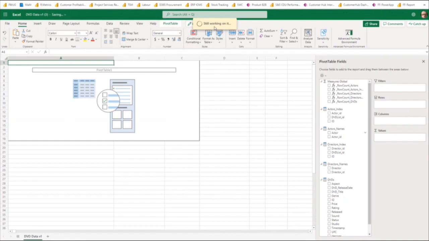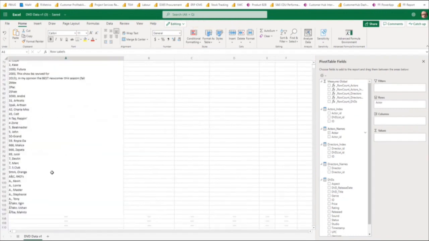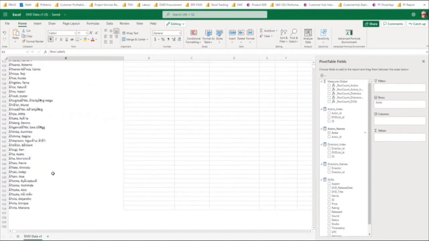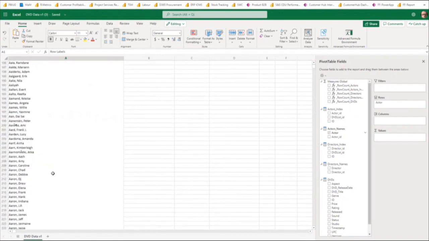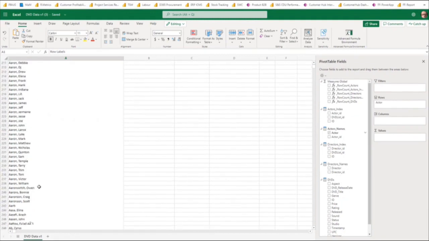Now, for those that are old school, underneath the covers, this is actually sending MDX, not DAX, to the database engine. So it's not going to be as quick as perhaps if you were to do this inside Power BI itself. But still, Excel gives you some very powerful, wonderful things that I think David is heading to in terms of. So here's our list of actors, and I can then,